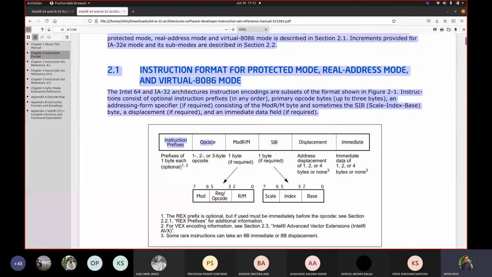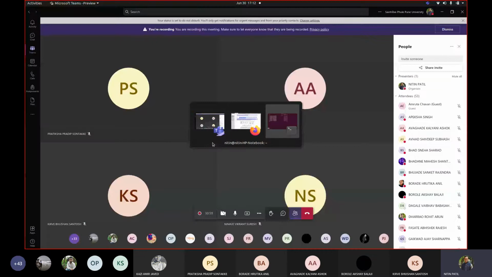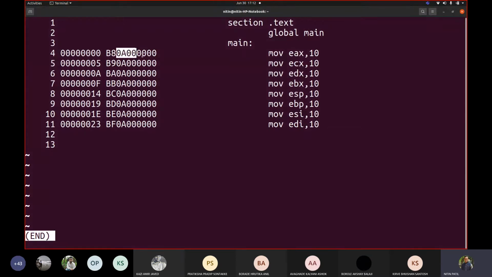So let us see the instruction format. We have opcode. In this case, what will you call the opcode from here? If this is 10, what about the value 10 that you added? Actually, yes, this is the opcode for that mov instruction. Opcode is a machine representation to represent the operation, that yes, it is a move operation. The English terminology used to denote the operation is called the mnemonic. This is operand 1, this is operand 2.